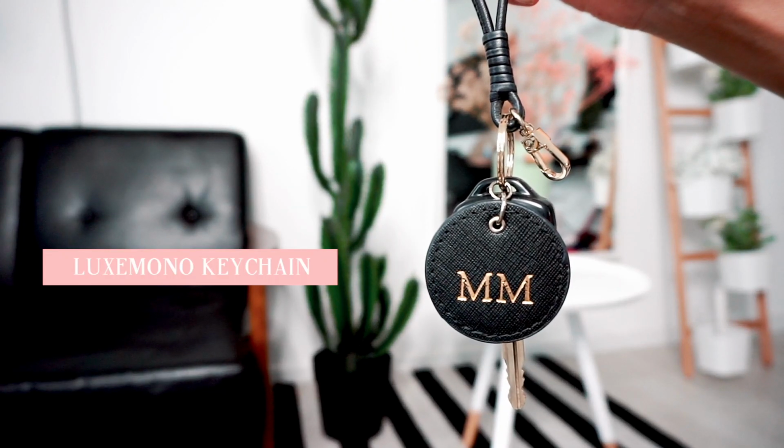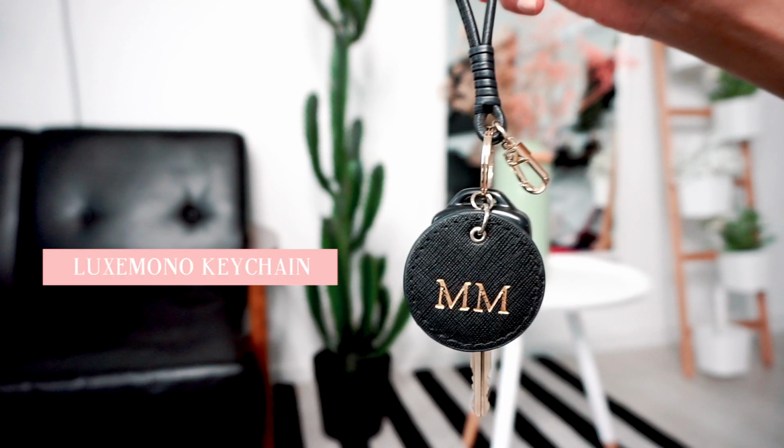Last but not least, I have this keychain holder. This is from Luxemono, and I love it because it has M.A.C and my initials stamped on it. And I just like how sleek and luxurious this feels. I like how there's this little handle that is not too big, in the sense that you don't have to stick your whole wrist inside, but it's just for a few fingers to go through. It's very, very good material. It's leather